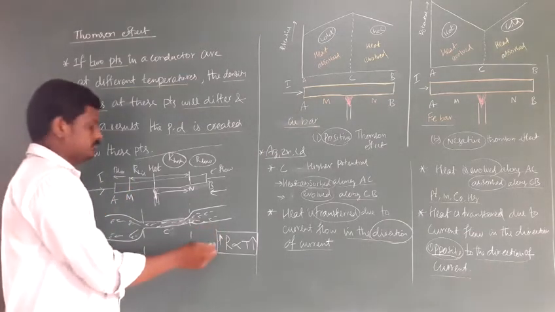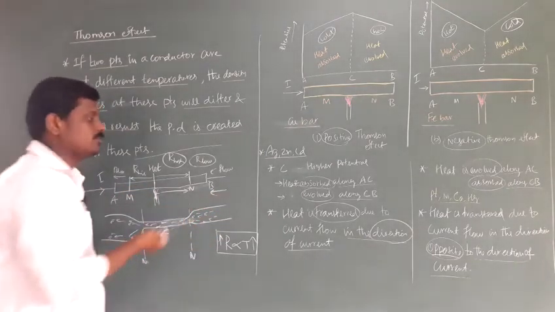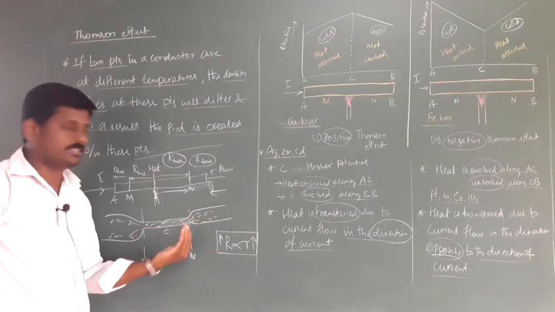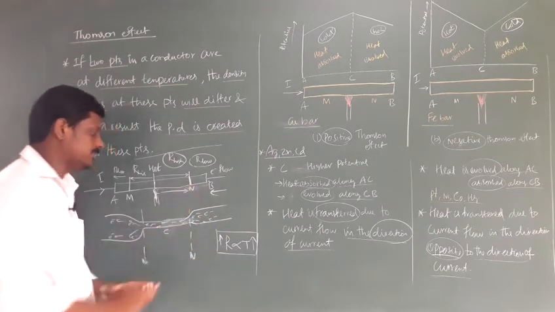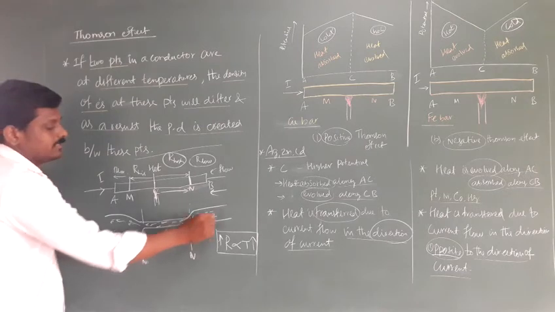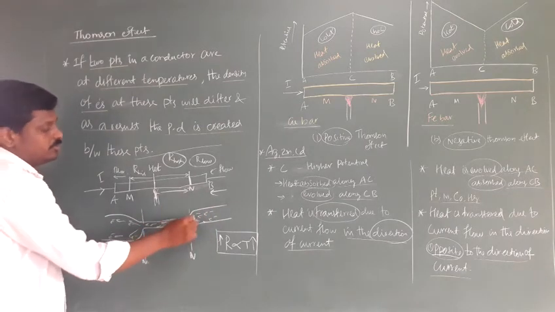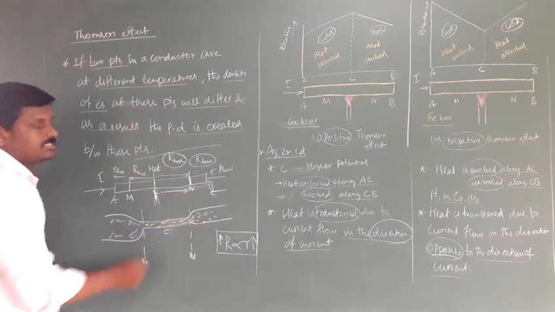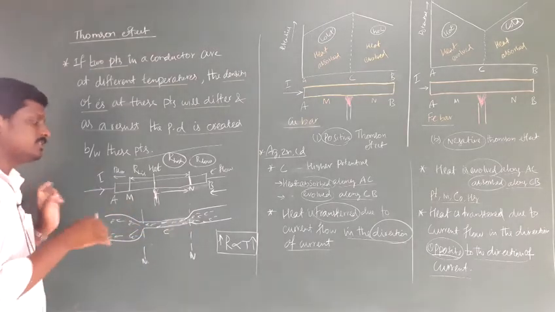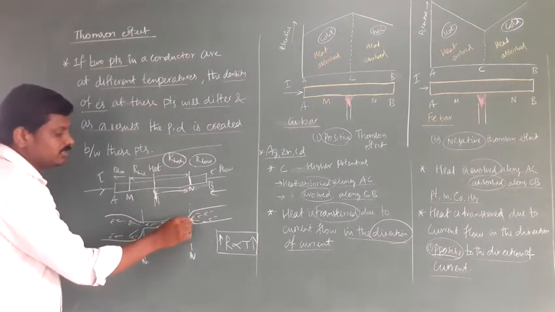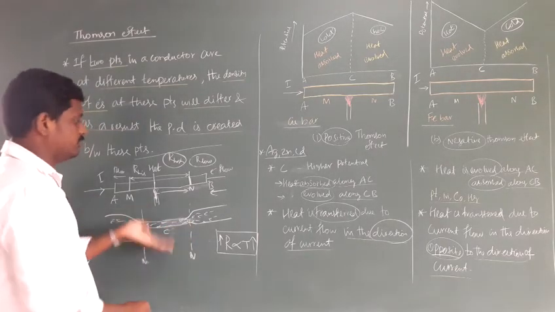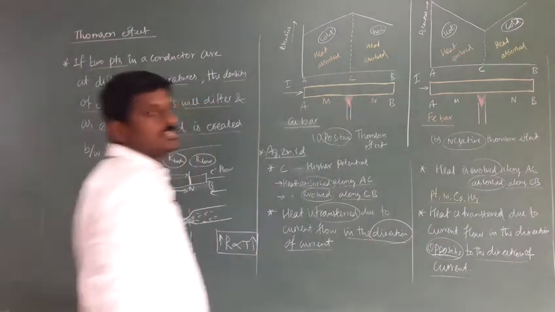Again, there is a current flow. Current flows in this direction, so electrons flow in the opposite direction. The resistance is low from B to N, so electrons are easily transferred. But after reaching point N, what will happen? Many electrons travel, and due to the heating effect the resistance increases, which means conductivity decreases. The resistance resists the flow of charge, so there are more collisions. Due to more collisions, heat is evolved, which means it is automatically a hot junction.